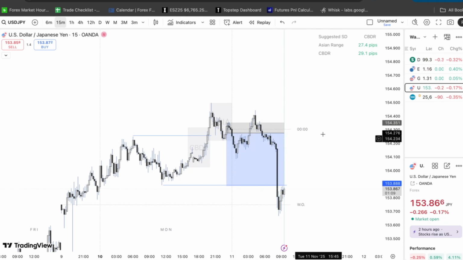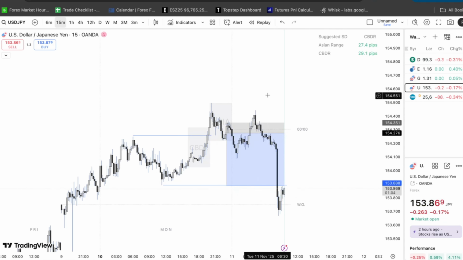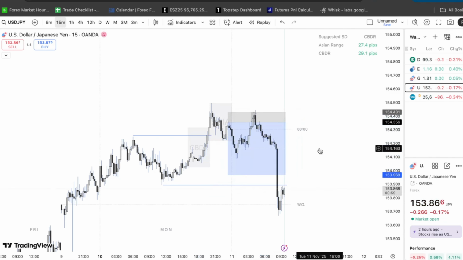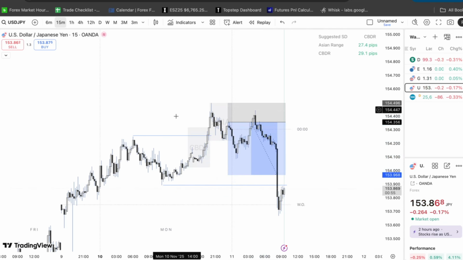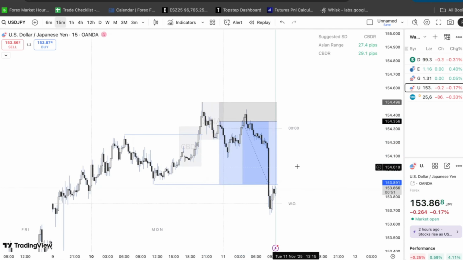So this anchor here is showing us where the institutions are going to place their orders above or below this level. So if we had then waited for this and price stops above this high, which had taken liquidity, which is the clear high to cover in this circumstance, we could have caught a nice 3% trade today. And that is simply just trading around our midnight opening price.